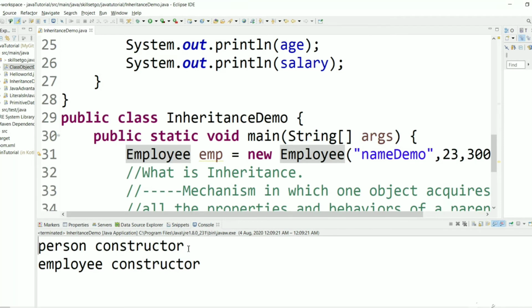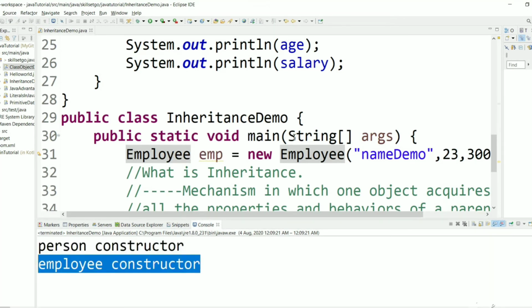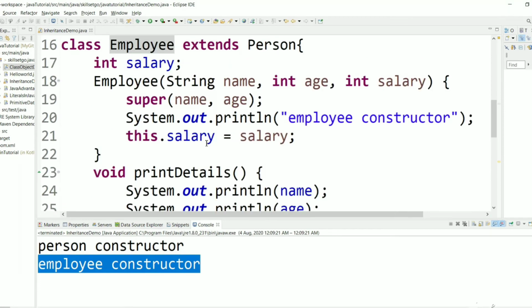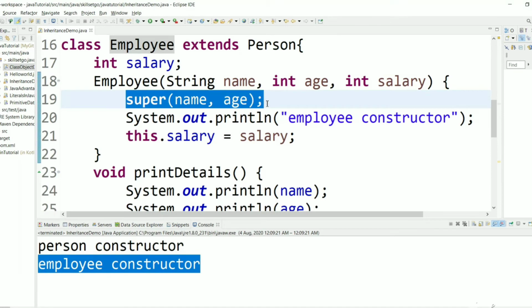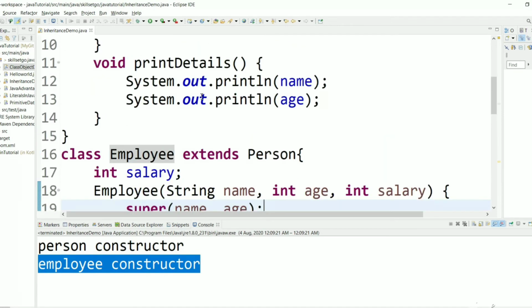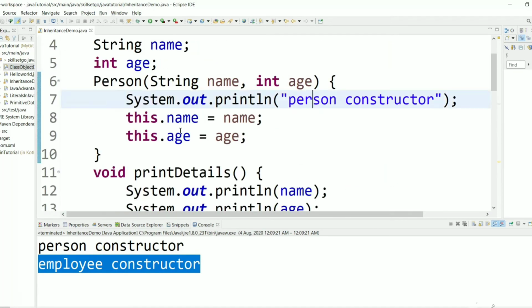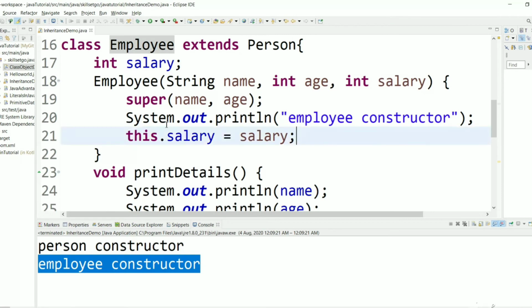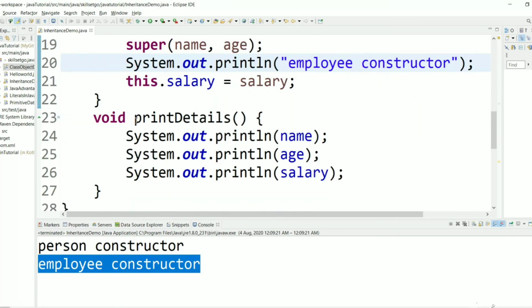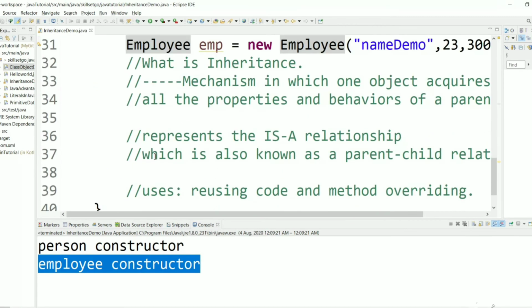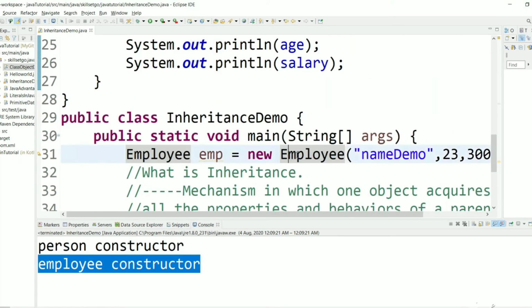So as you can see, Person constructor and Employee constructor. As soon as we create, first it comes to this constructor, then it calls Person's constructor, then we get an output, then it assigns name, age, and we assign salary. And let's call this function and print the values with this object.